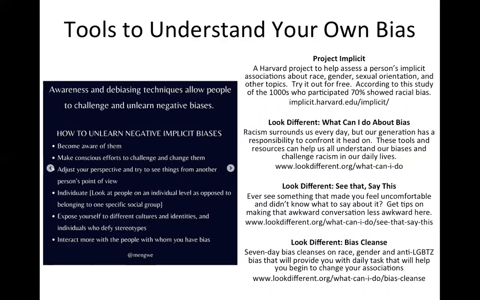So just be aware of how you interact with different things, and throughout the day, spend some time looking back at your day and look at some of the interactions you've had and ask yourself, if it was different people, if that was white people, what would I have done differently, or what would I have said differently? Spend some time once a day or once a week looking back at your interactions and comparing how they're different from other interactions with other people. That's the biggest one. It's just knowledge, just understanding what your biases are.